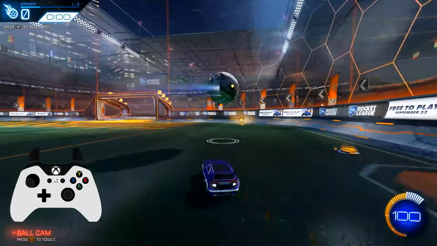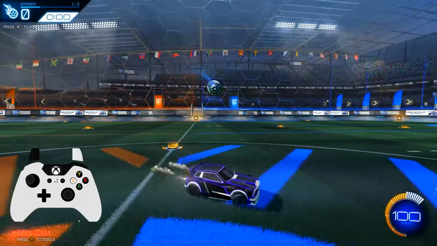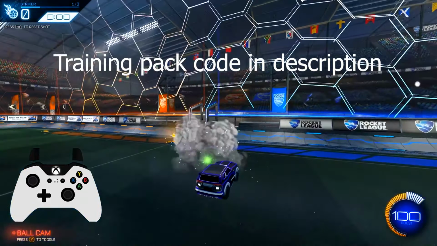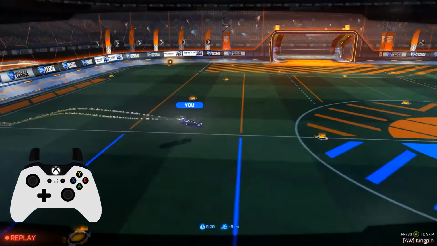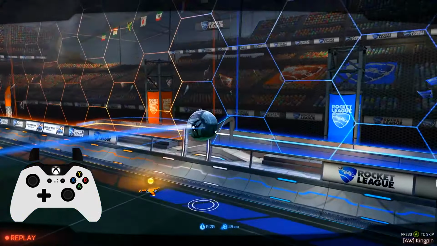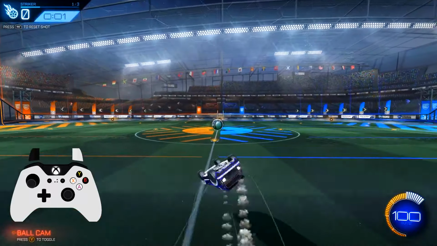Now I spent 2 weeks trying to do the speed flip but couldn't manage to hit the ball even once in Musty's training pack. The code will be in the description if you don't have that pack. But a couple of days ago I figured it out reading through comments on Reddit and learning the actual correct technique. I want you to completely forget what you think is the correct way to do the speed flip and